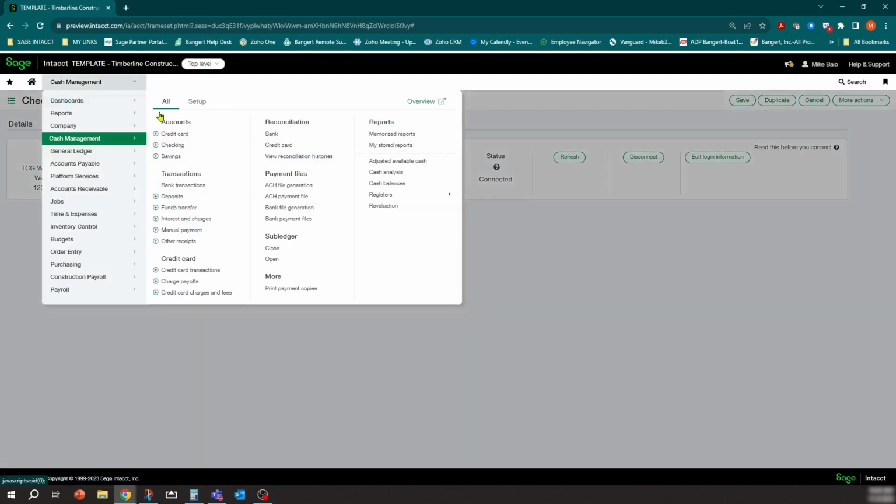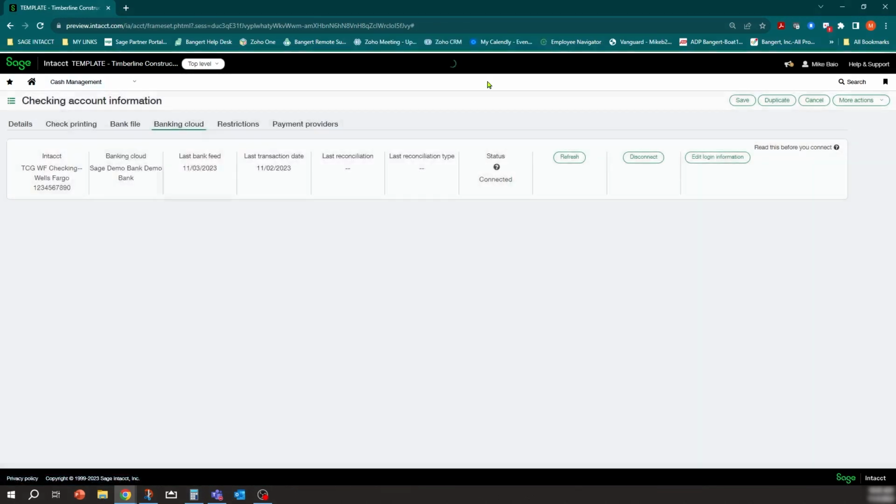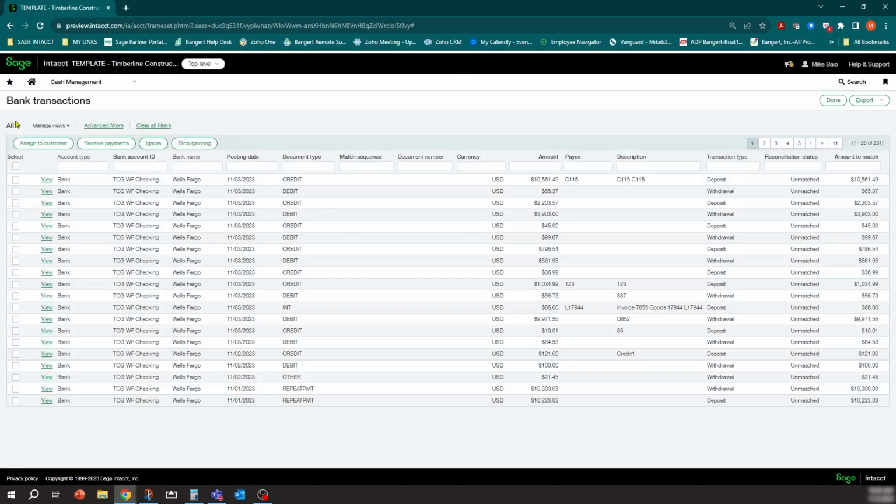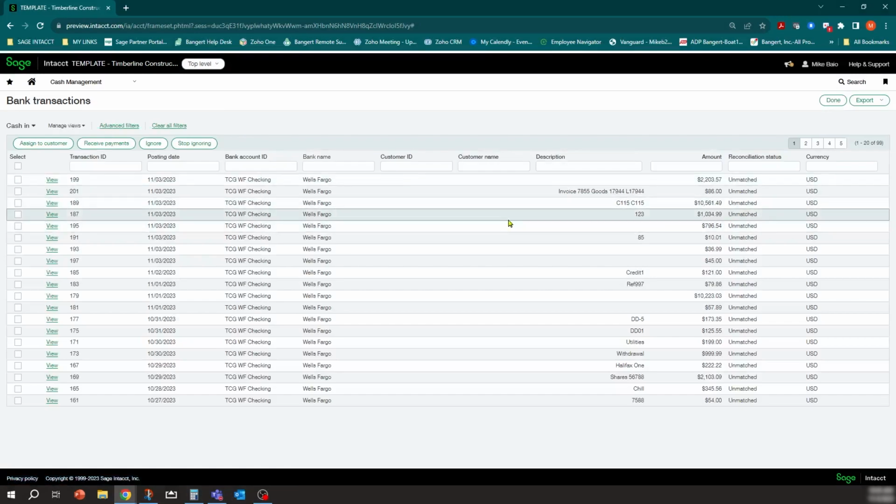So let's take a quick look at those transactions. If I go into bank transactions here, you'll see a bunch of transactions that have come in the system, and there's different views, and you could establish your own views in the bank transaction feed. And so one view they do have is something called Cash In. And it shows you transactions that have come in that are deposits that have cash in to your bank account. And so this is where we're going to use for our demo today on how to do this bank transaction assistant.